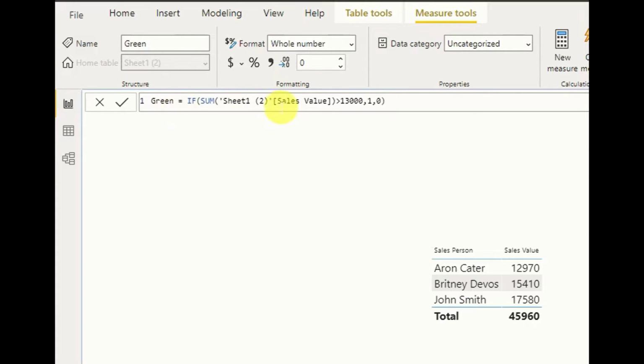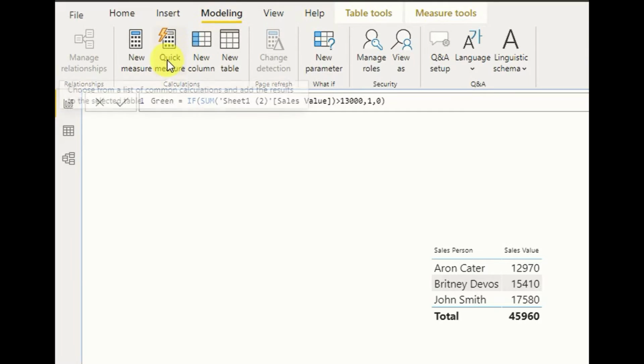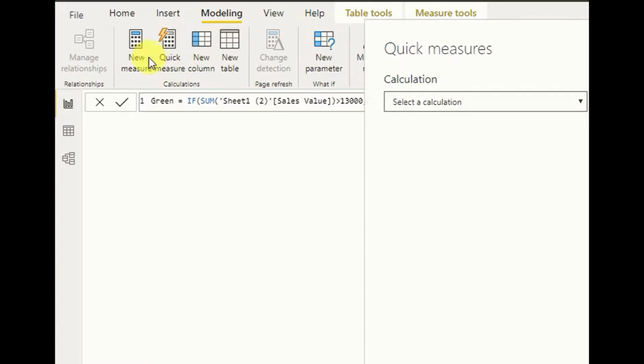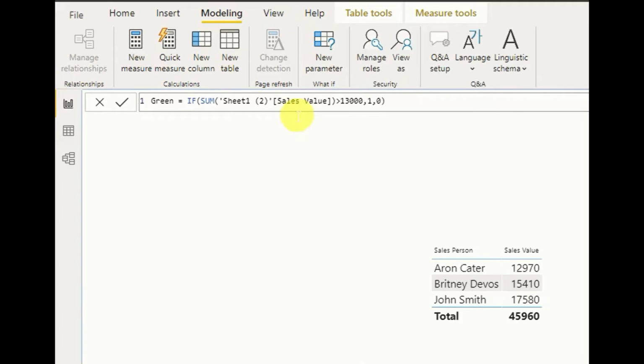And for my second measure, I go to modeling, and sorry, not quick measure, I add a new measure here.